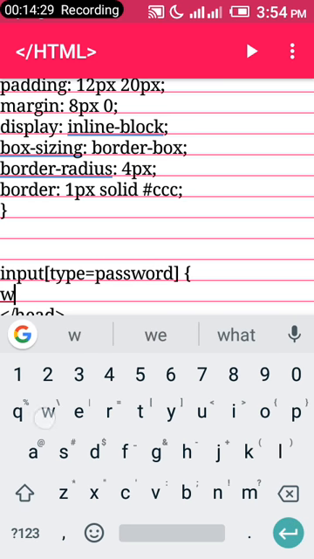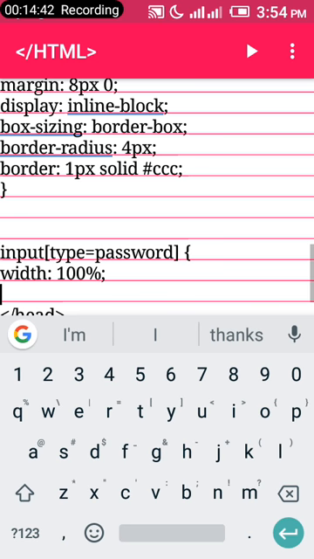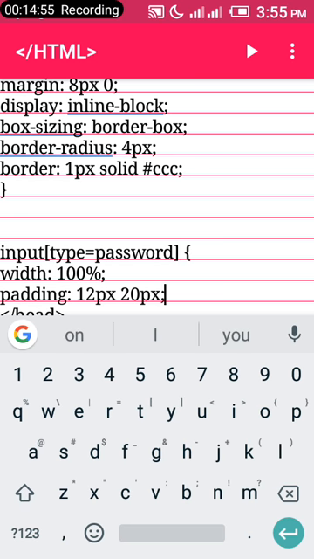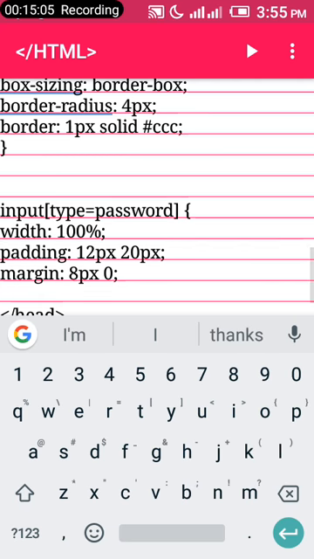To the next line, you go width. You set your width to 100%. Please, not 100px, 100%. You set your padding to 12px 20px. To the next line, you set your margin to 8px 0. 8px space 0, you give semicolon, you set your display to inline block,